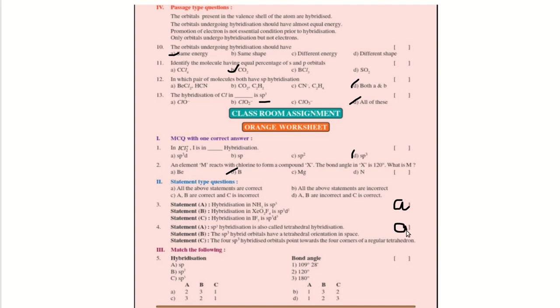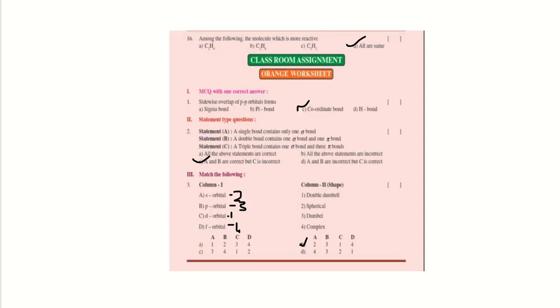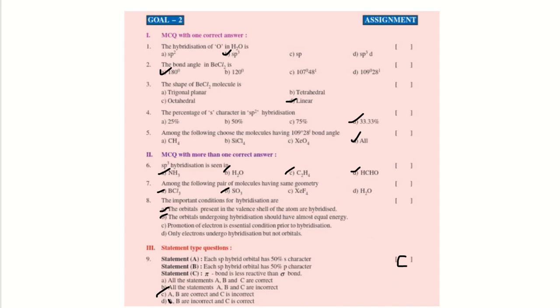Okay, so looking at the matching of sp, sp2, sp3 hybridization, we should write the bond angle for each of the hybridization. So for sp it is 180, sp2 it is 120, and sp3 it is 109 degree 28 minutes. So option is C. Hope you all understood it. I'm showing the slides once again. Sorry, this slide, first slide, please mark the answers.